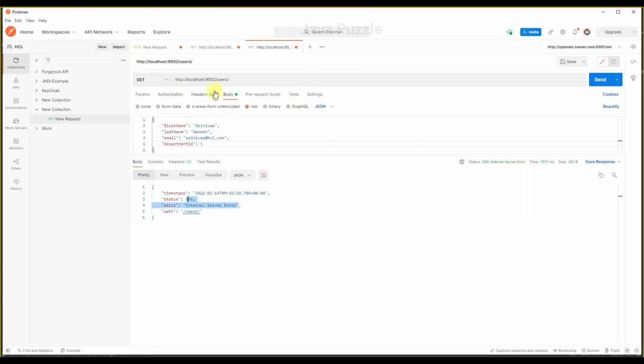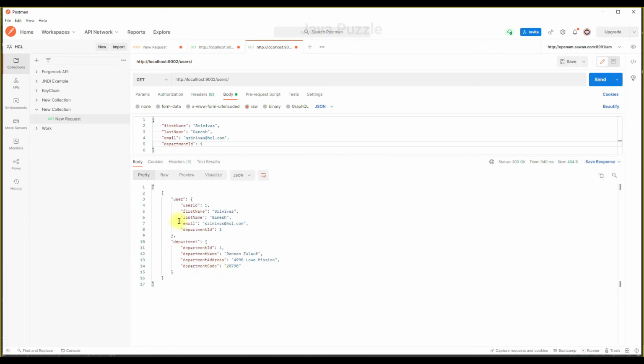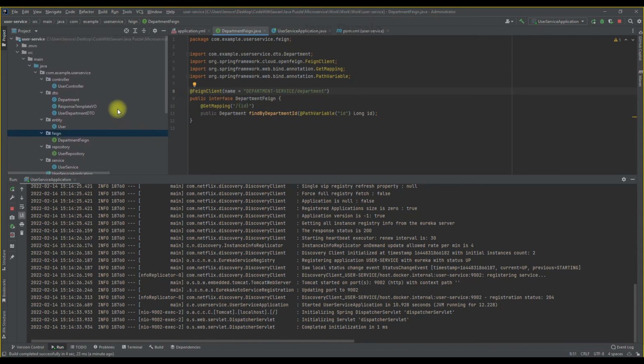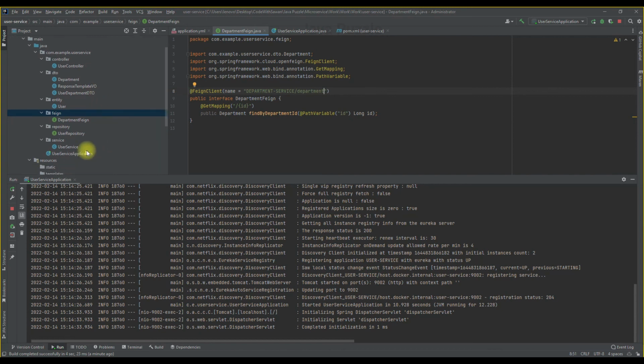Okay, firstly post the data. Okay, now get, and you see it's working fine, right? Our user detail is coming and our department microservice is also being consumed with this API. Okay, so by using the Feign client you can implement this with the Eureka server like this. But in the case of REST template, there are some changes and some configuration you have to do. That I am also showing you.